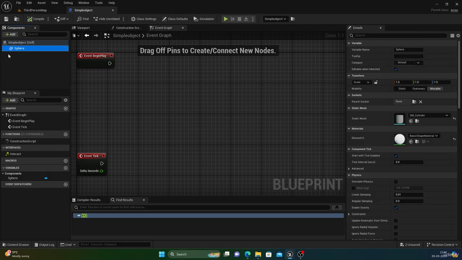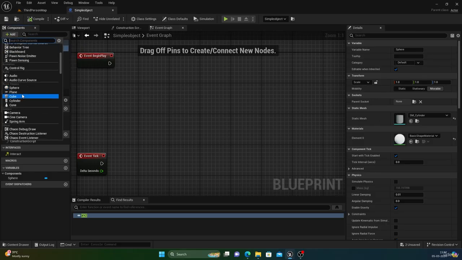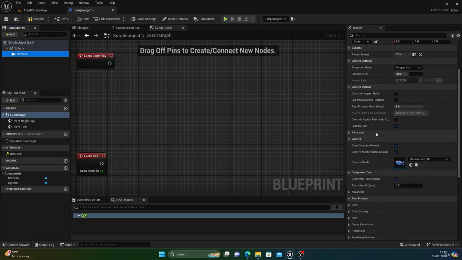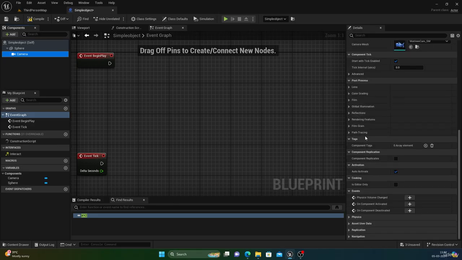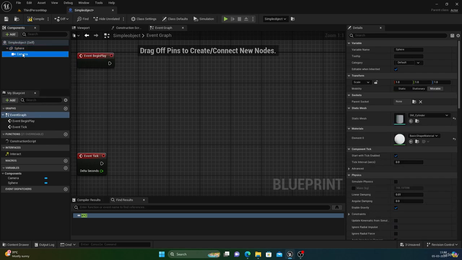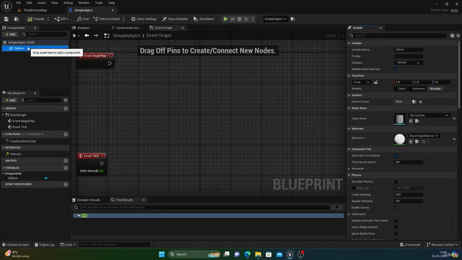So my details panel will differ for each component. For example, let's say I add a camera component. Okay, now you can see my details panel is completely different. It's because it contains the essential information that you can manipulate or tweak for that particular component. So for each component, the details panel will differ. All right, so this is how the details panel works, and this is the fundamental editor interface